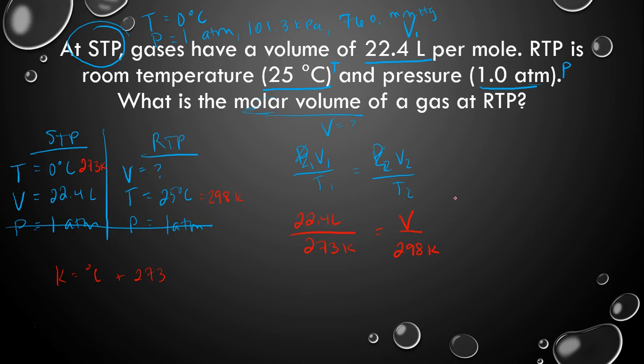Now, you can solve this one of two ways. I'm sure you're familiar with cross multiplying. Like you can do 22.4 times 298 equals V times this. Or you can go ahead and solve for this side, multiply by 298. Whatever you're comfortable doing. You should have the algebra skills to do this. So I'm doing the math right now in order to get us an answer, and you can see the answers on your paper. I'm just double checking. And I get V equals